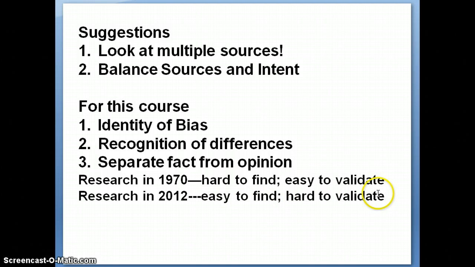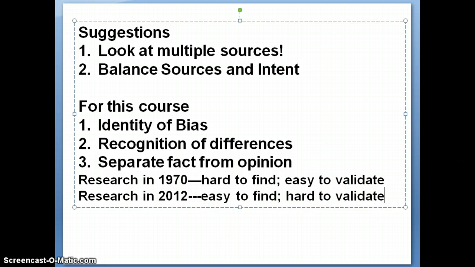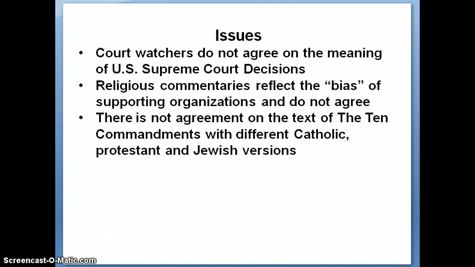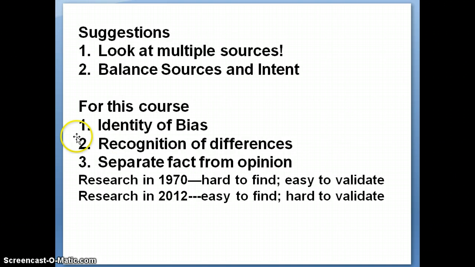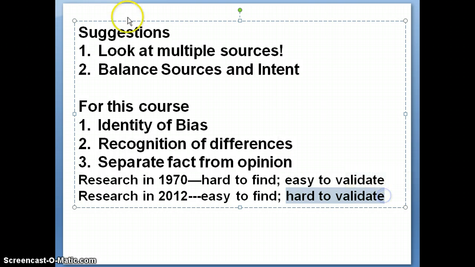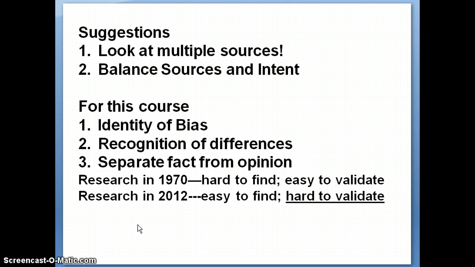Now you can find lots of information. It's really important for you to ask lots of questions, like identifying bias and validating sources. So this part is what you need to work on right now. Validating sources of information, making sure that the stuff that you have is good stuff, is critically important.